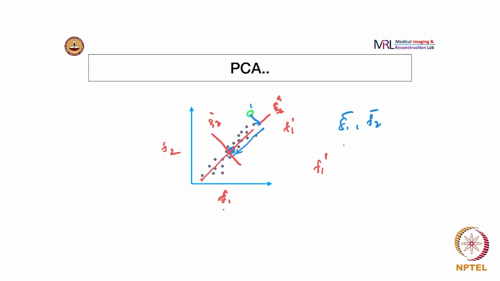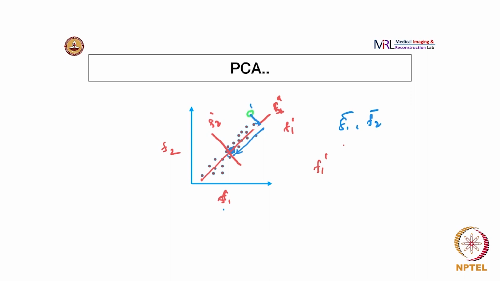Now with the new coordinate system where you are translated and rotated, we just need F1 prime. So we have reduced the dimensionality from 2 to 1. This is precisely what a PCA does. Another thing it has done is to decorrelate, in the sense that F1 prime is not correlated to F2 prime at all. In the first case, F1 and F2 are correlated, but now F1 prime and F2 prime are not